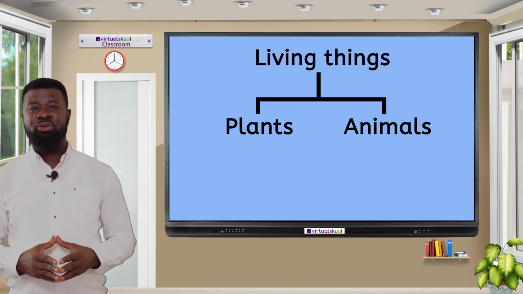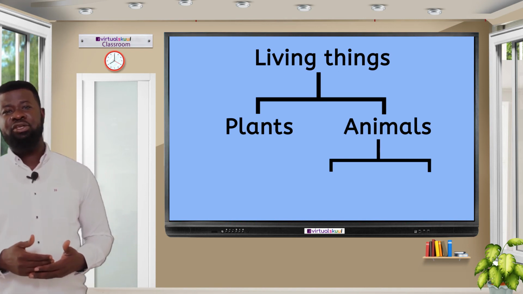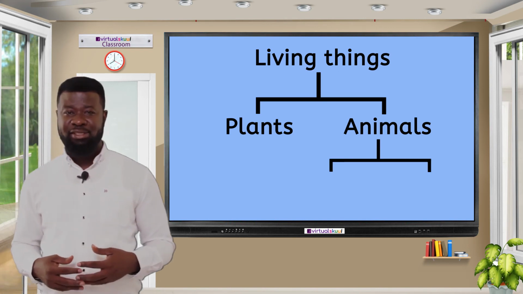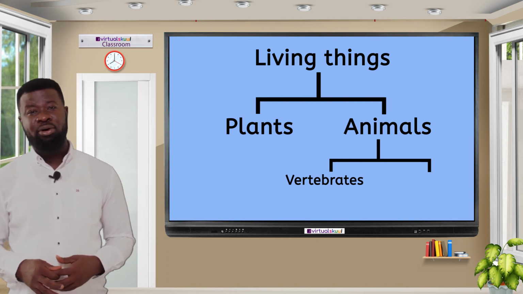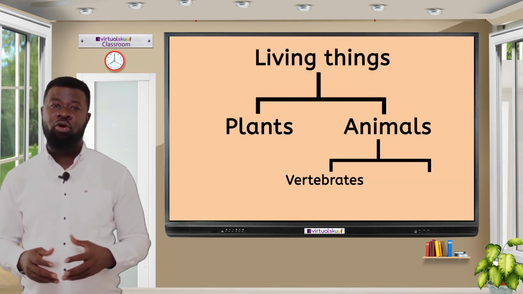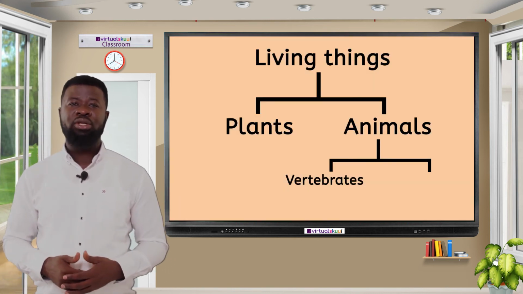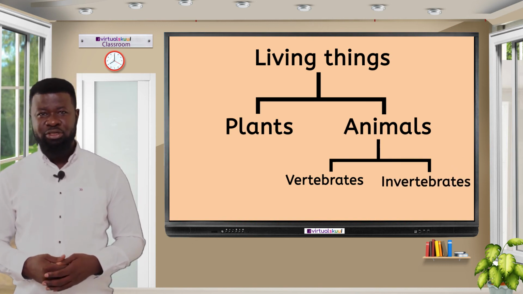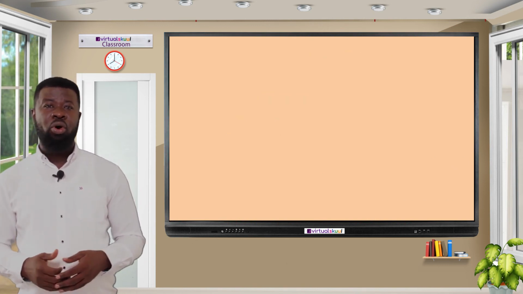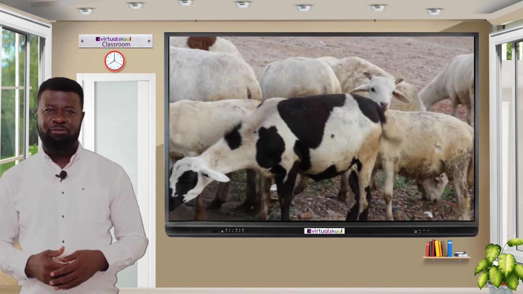The animals which have spines or backbones are called vertebrates, and the animals which have no spine or backbone are called invertebrates. So, for example, all mammals, fish,